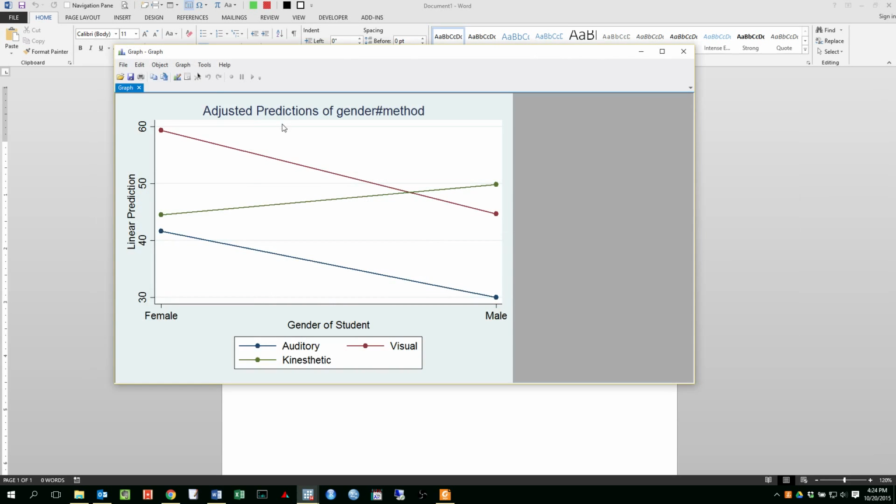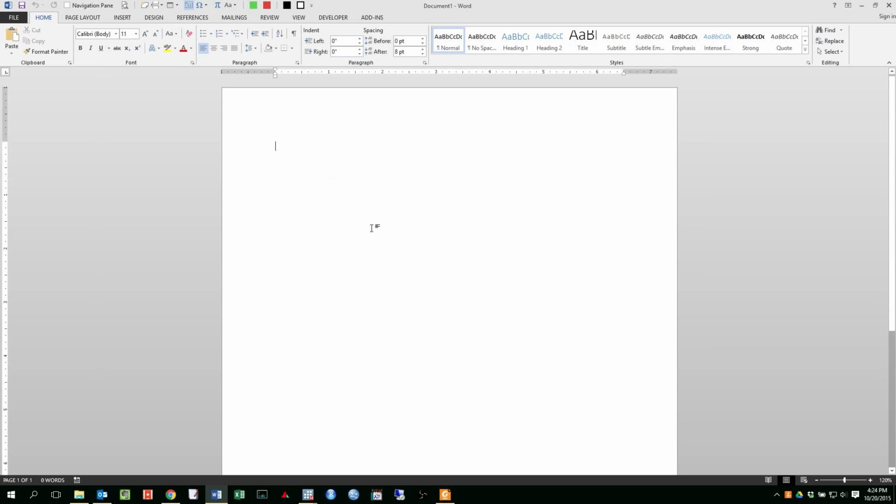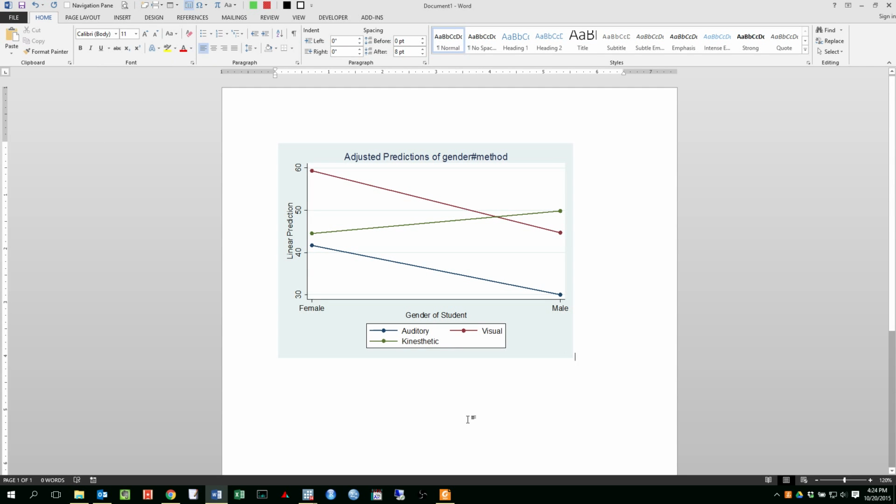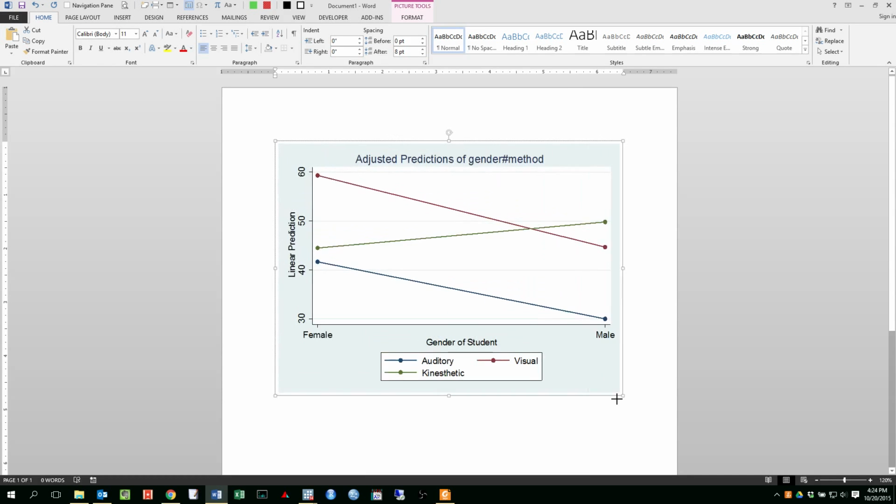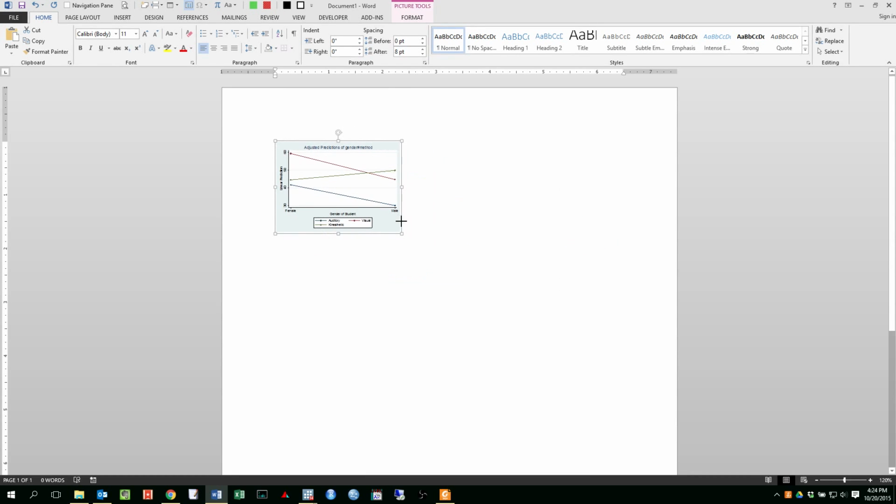Okay, let me try that again. Copy. Okay, Control V. And it'll paste in your graph, and then you can drag it around. It does a really good job,